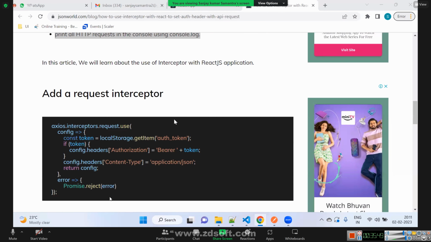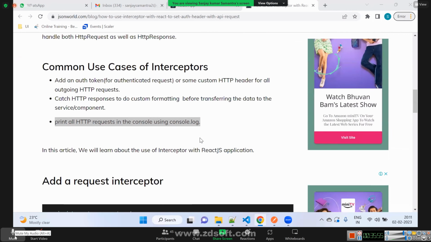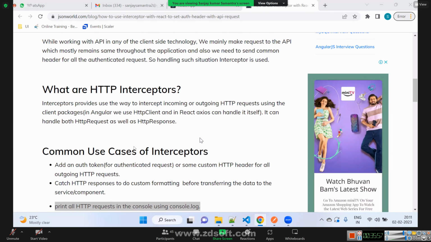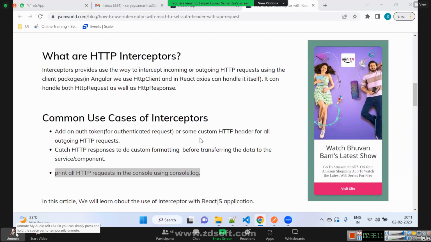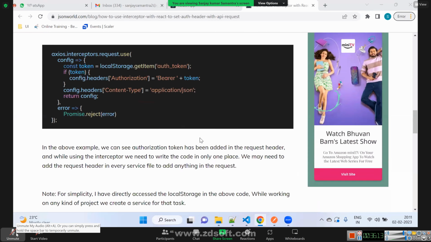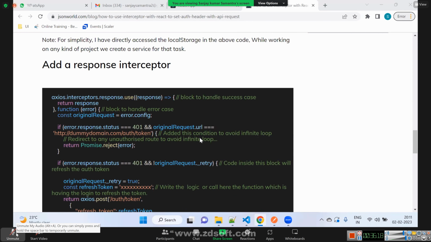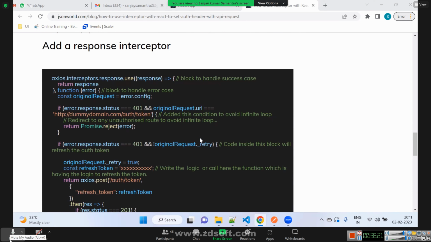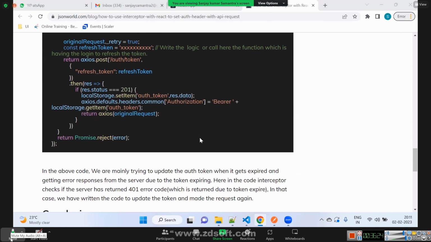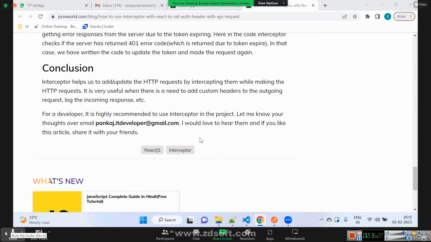Is it clear? Suppose in every URL we are passing some session ID.